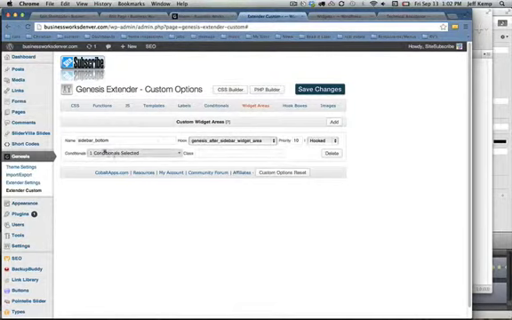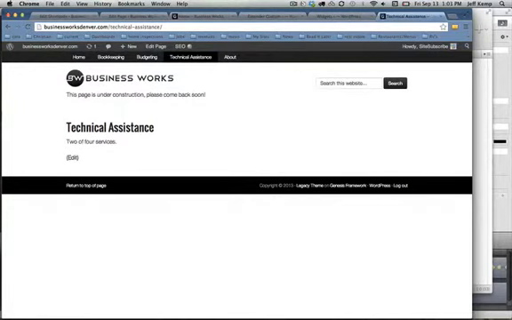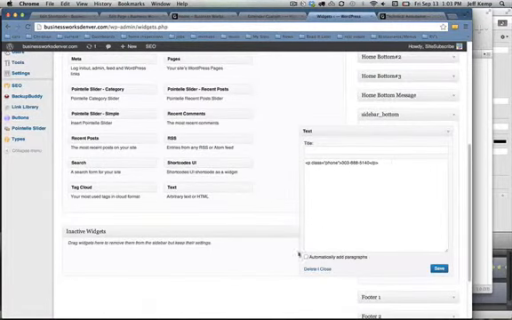I'm going to hook this widget into the bottom of the sidebar. Click Save Changes, and we can come back to our website, refresh, and there should be some stuff in the sidebar area. Maybe this page doesn't have a sidebar, so let's go to the technical assistance page,